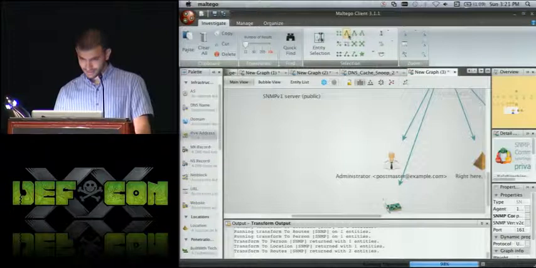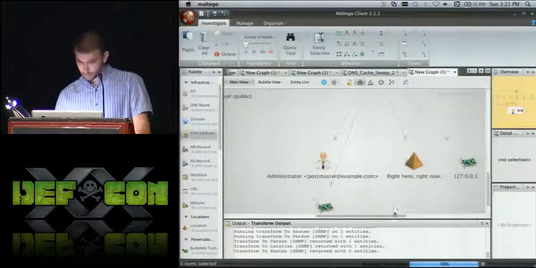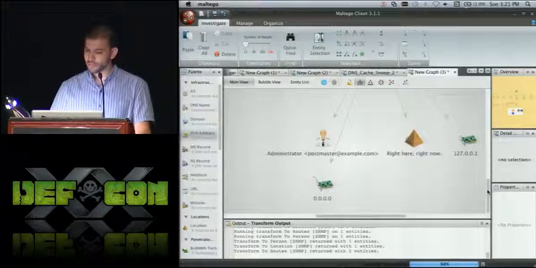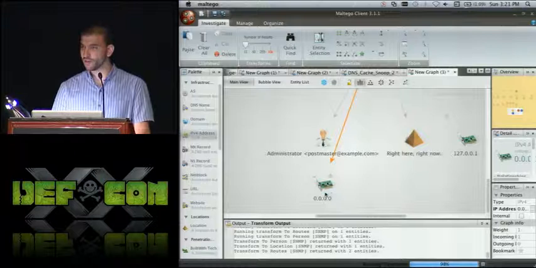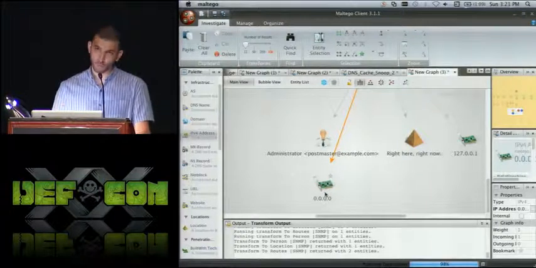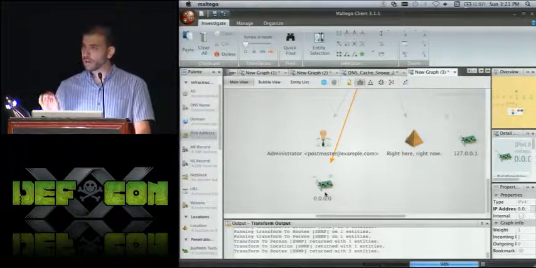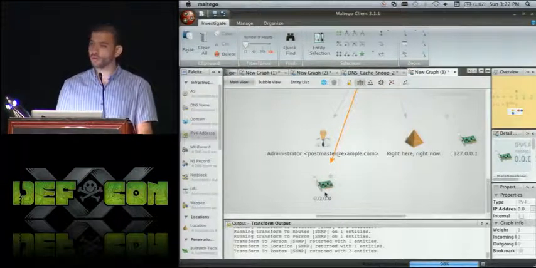Where is this? So our administrator, our location, right here, right now, and the 2 routes that were detected were localhost, because there's no real route out, and 0.0.0.0, and that was it. But this you can do over and over again. It's as simple as right-click, run transform, and you're done. Really simple. And if you look at the code, I've provided some SNMP libs. So everything I've done to date, I've provided the libraries for you to use so that you can reuse them and you can do your own really cool transforms.